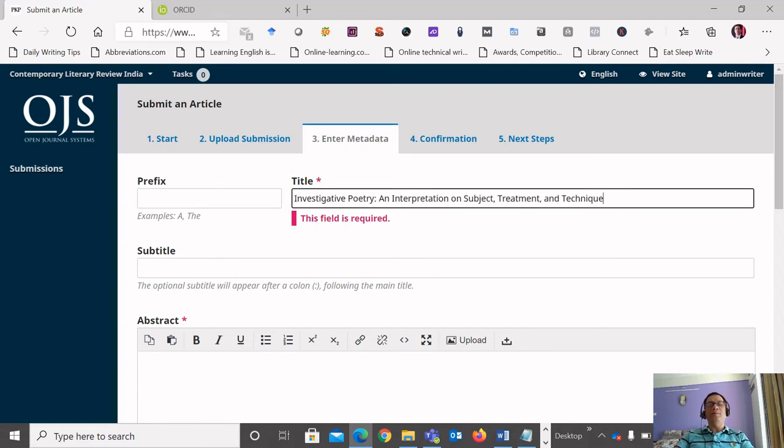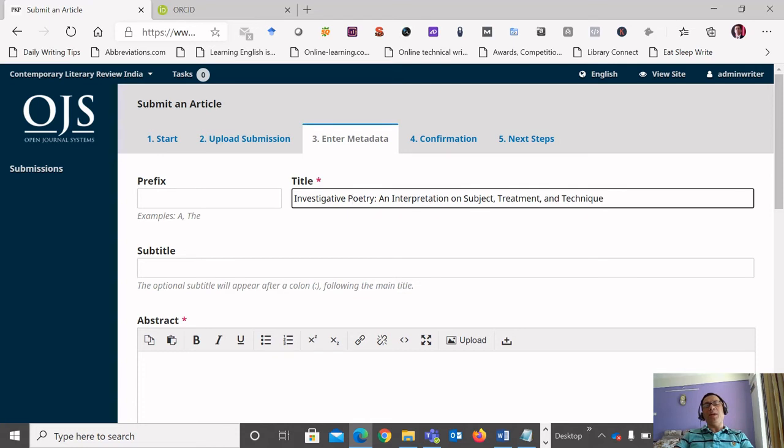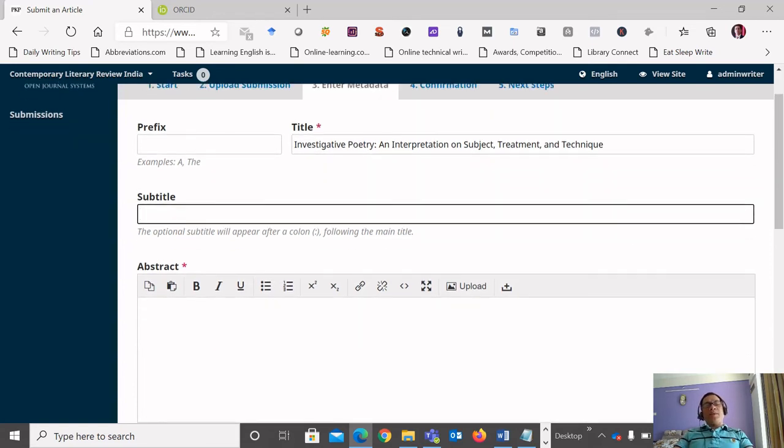So you have to enter some information here. And in prefix, if you have D or A or something like that, then you can mention those prefixes here. But in the current example, I do not have any prefixes, so I will go on writing title only. If there is any subtitle, then I can mention that.